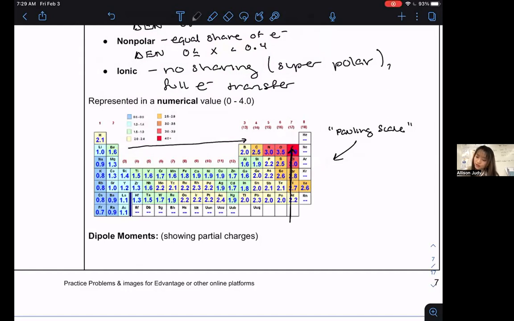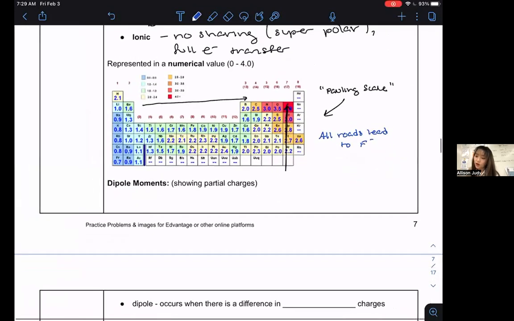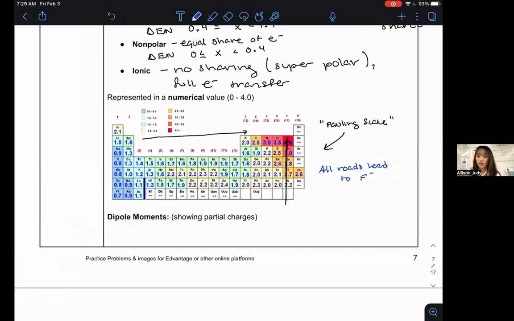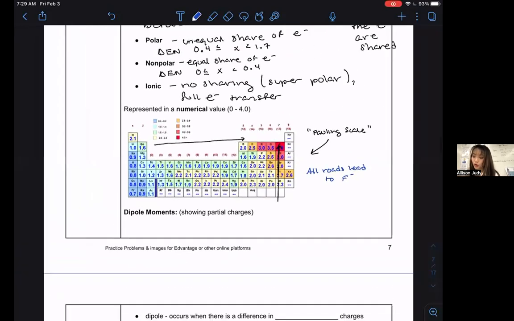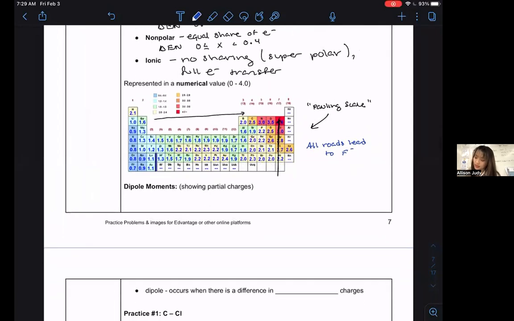So there's a little quote that we say, that all roads lead to fluorine when we look at periodic trends, and particularly electronegativity and ionization energy. We can also, non-numerically but illustratively, show when there is a partial charge, or a separation of charge, or an unequal sharing. So when I look at a bond, let's say I have the bond between,